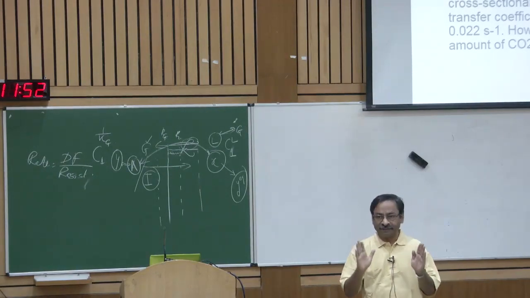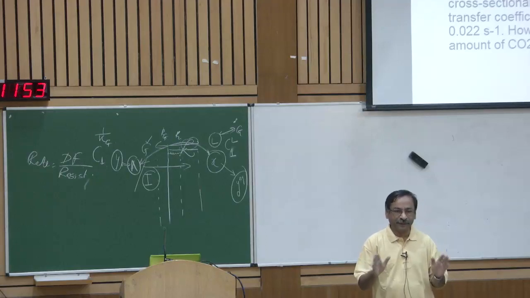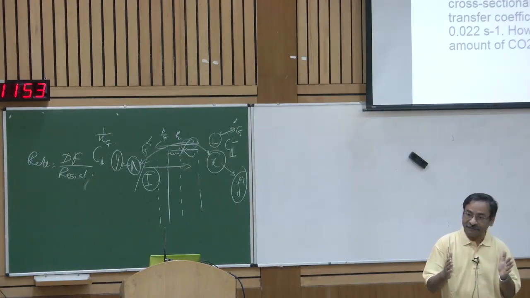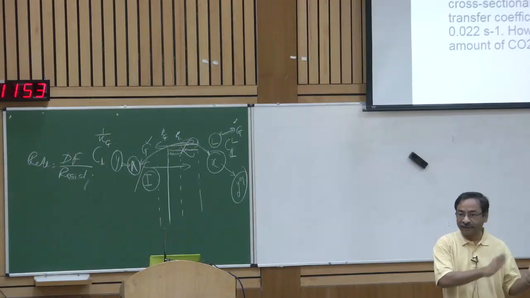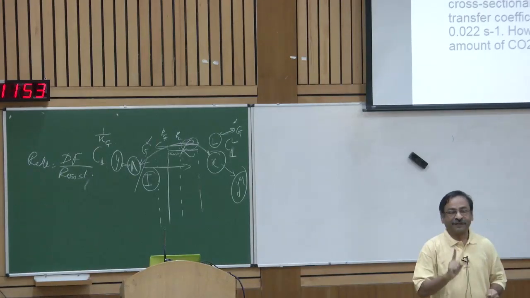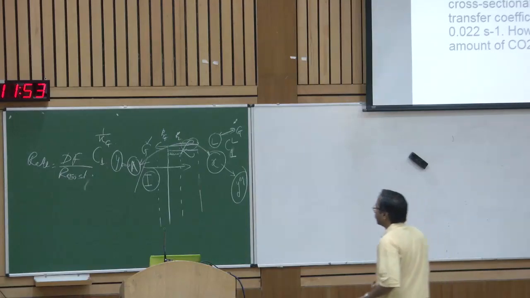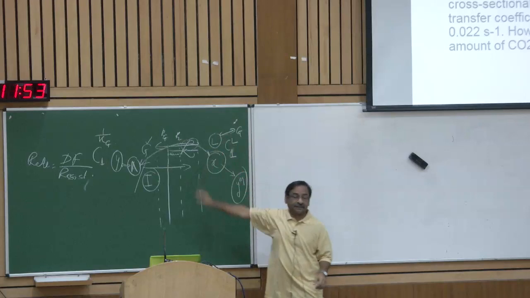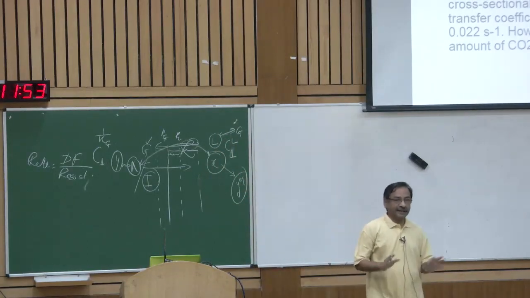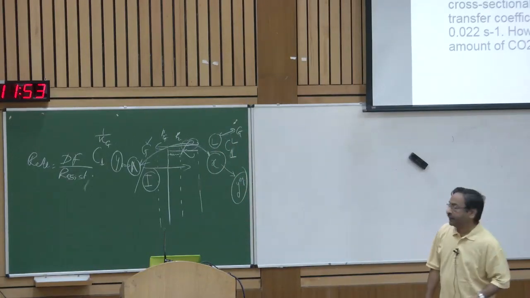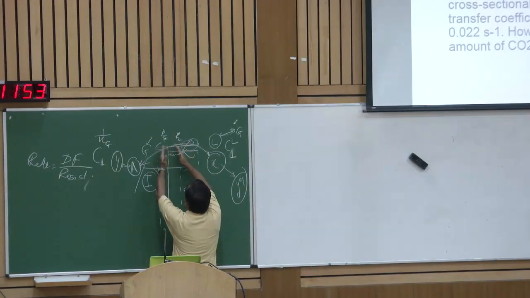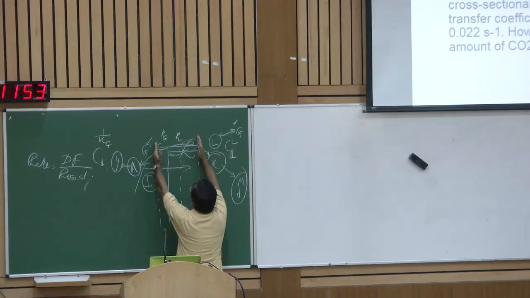This is the cardinal principle. You can only subtract concentrations from within the same phase, gas within gas or liquid within liquid. But I am forcing myself to talk in overall terms of gas and liquid. So, I solve that problem by saying that whatever is the resistance of the gas film plus liquid film, I will make it expressible in terms of a thicker gas film